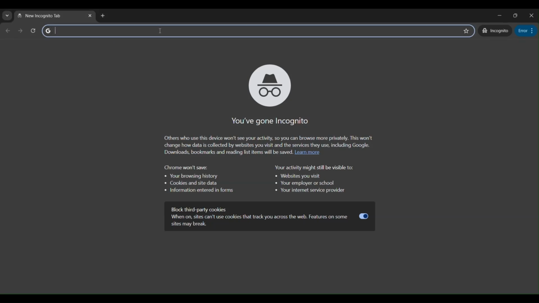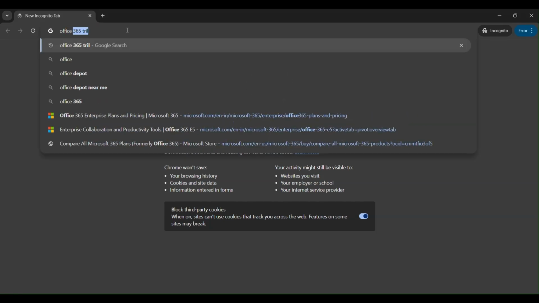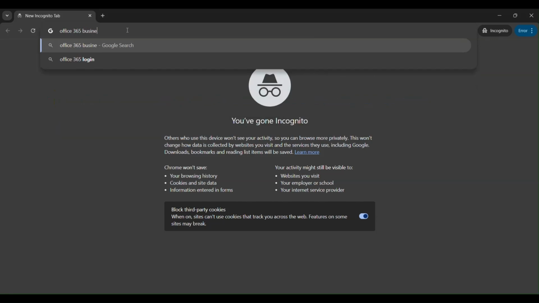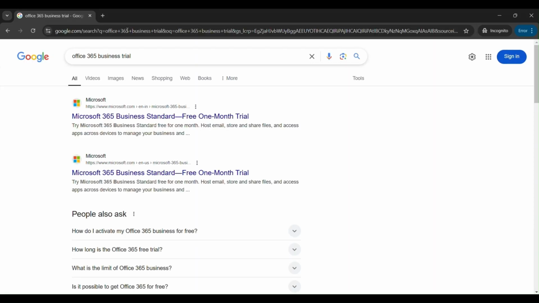Let's get started. To get a Microsoft 365 Business Trial license, we'll open any browser of our choice. I have opened Google Chrome in incognito mode, and I'll type here Office 365 Business Trial and hit enter. Once you hit enter, you'll see different links from Microsoft, and we'll click on